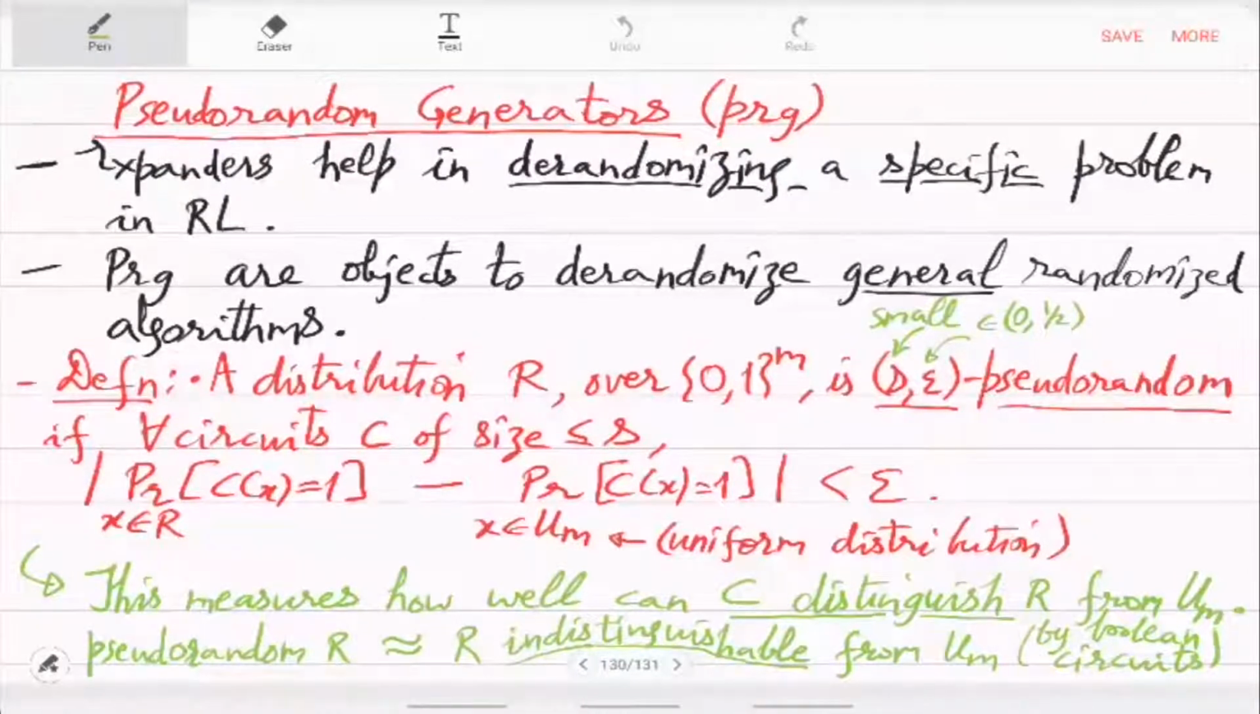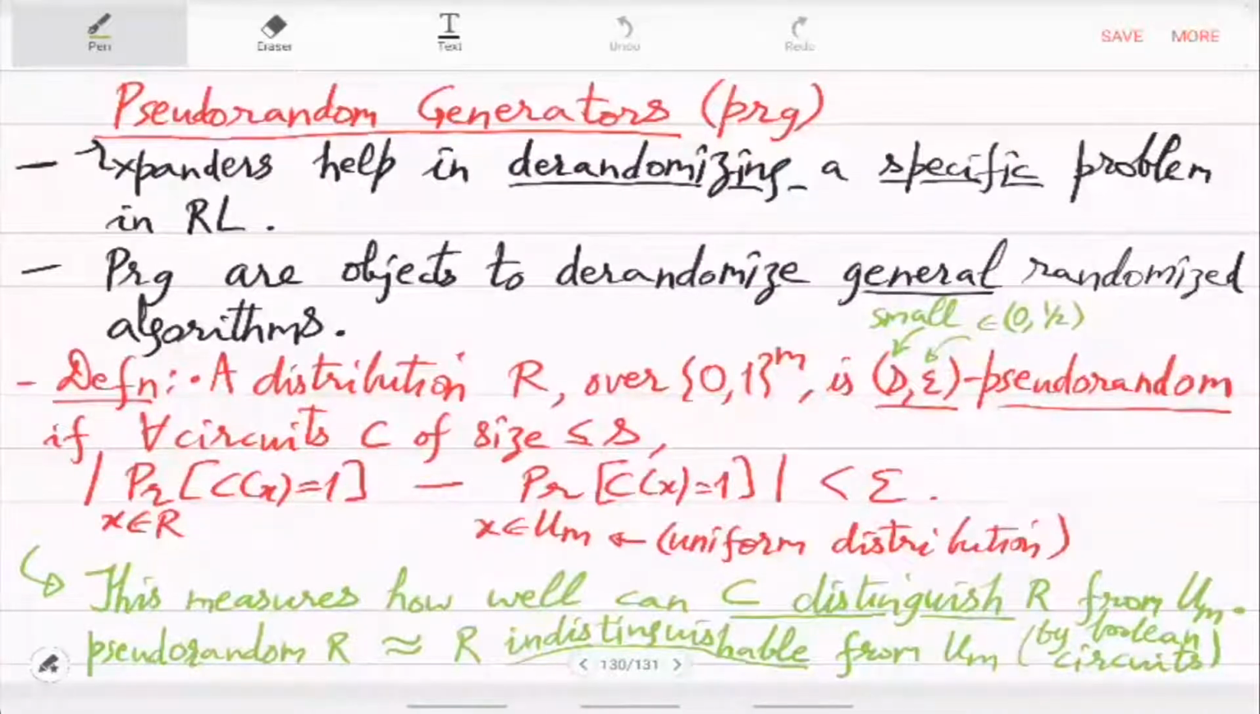So first thing is, how do we formally define this object? What do we want from it? So what we want is that this S comma epsilon, there will be two parameters. S will be the resource which your PRG can fool. So in this case, it will be small sized circuits of size S. Epsilon will be error. Okay, how much is it able to fool? Ideally, we would want epsilon to be 0,